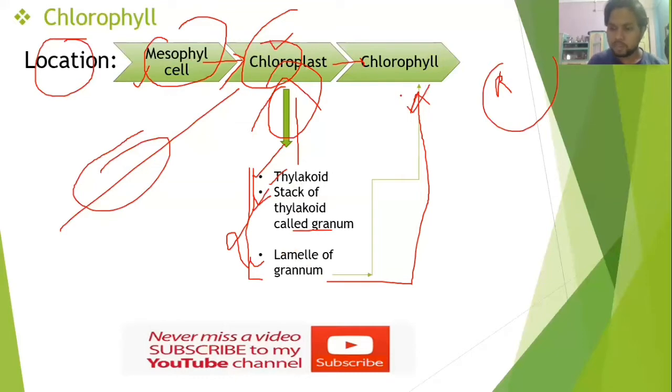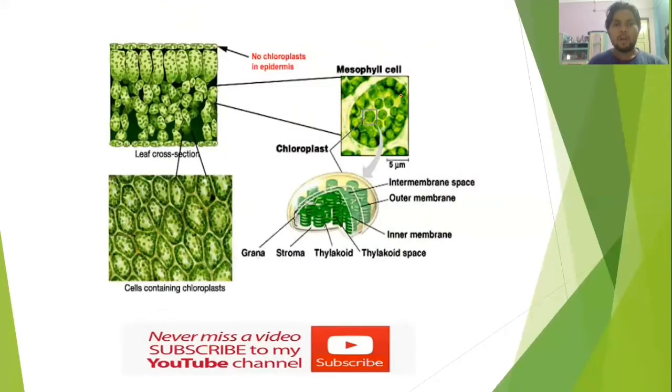Okay, so this is your cross section of leaf. This is your upper epidermis of the leaf, and this is the lower epidermis of the leaf. We have discussed this a little bit in our previous lecture. This epidermis does not have any chloroplast or any photopigment or photoreceptor which can catch the light. Actually, the photoreceptors are present in the mesophyll.